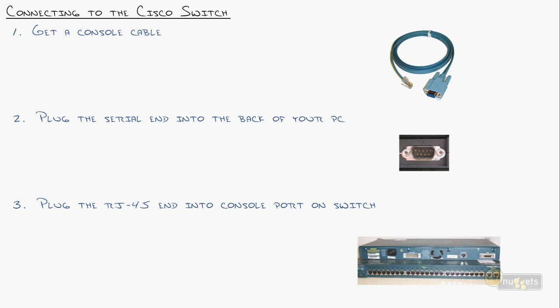Most Cisco devices, unless you buy the small business kind, don't have a default. If you go to the store and buy a Netgear or D-Link thing off of the shelf, it has a default IP address. It'll have a DHCP server where it's handing out IP addresses for you to use. It's got a little base configuration to get you started. Not so in the Cisco world. Cisco most of the time will have nothing on there. So this is how you configure your device